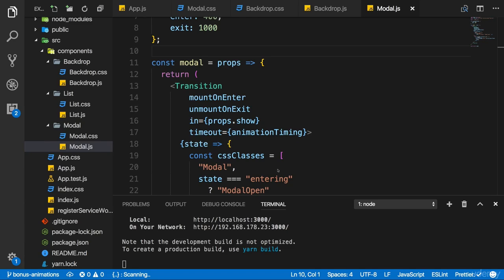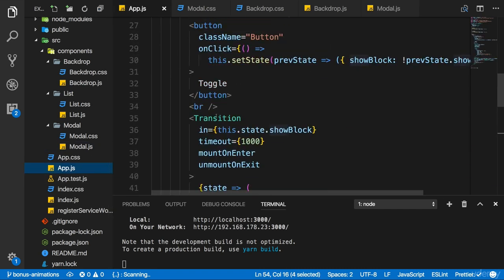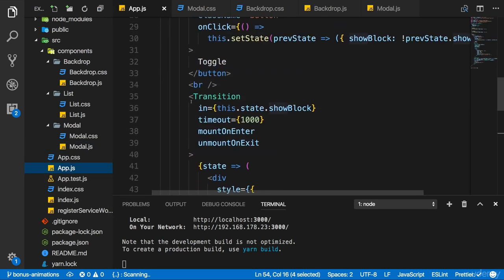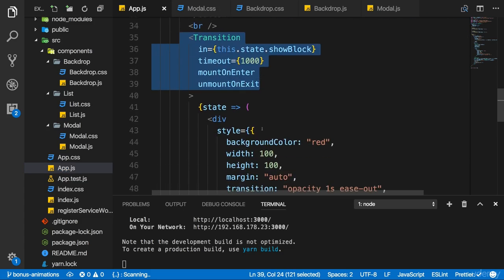Now in the last lecture we talked about the timings. Sometimes you want to execute certain code when the state of the animation finishes, and not just change what you render to the screen. For that you get various callbacks you can add, functions you can execute to a transition. I'll go back to the app.js file and do this on this transition component we used to wrap this red